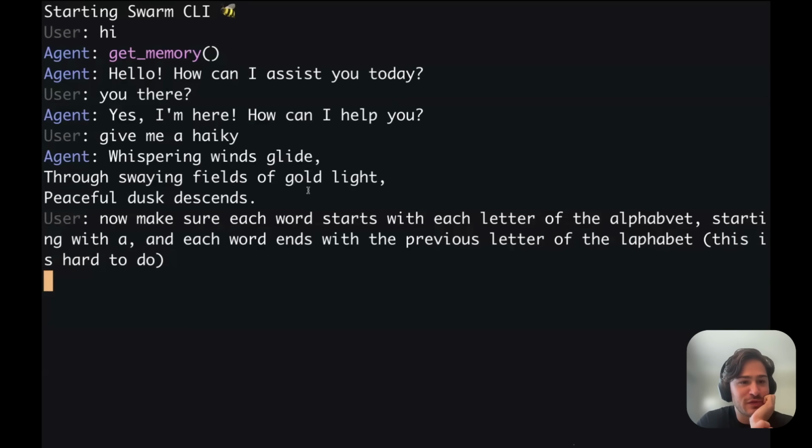Okay, so it should be making the function call. Oh, I see. I'm only printing the function call when it returns. So that's probably why we're waiting so long here. But this is actually a really good example of this task delegation technically happening in the background. But this is obviously a bad experience, right? You don't want to be waiting here. You essentially want to keep doing other stuff.